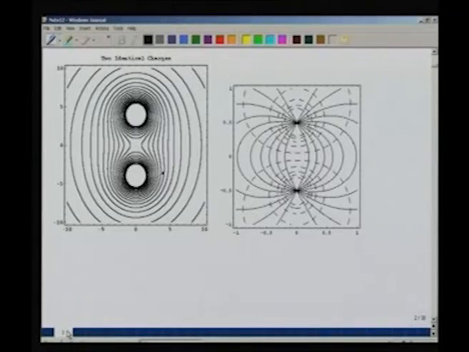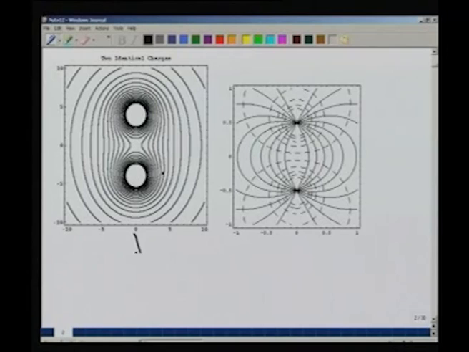So, I have discussed two cases, q1 equal to plus q2, and q1 equal to minus q2. Therefore, it is natural to ask how the equipotential surfaces will look in each of these cases and how the field lines will look in each of these cases. In order to illustrate that, I shall show you two figures which tell you what one should be doing. Okay, so let us do that. These are the two figures.